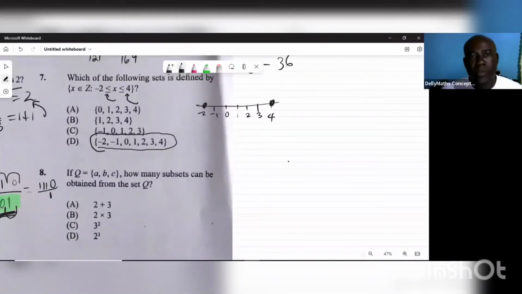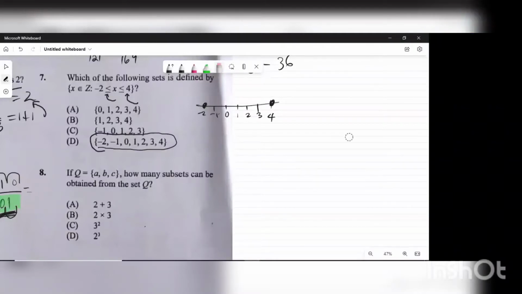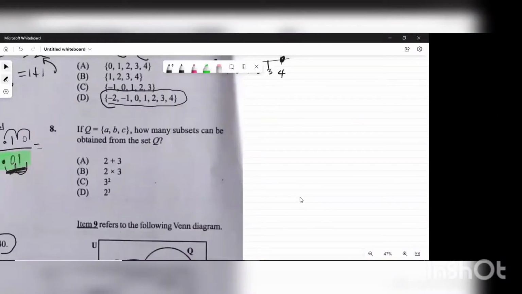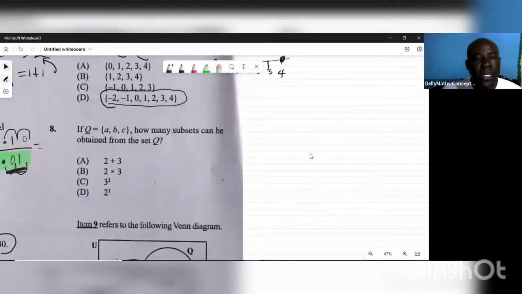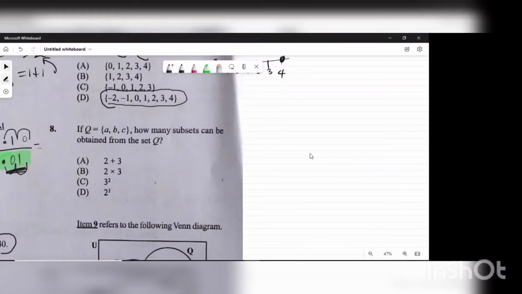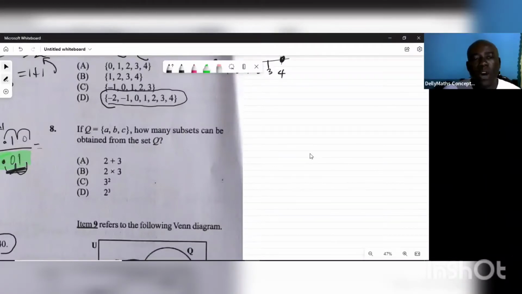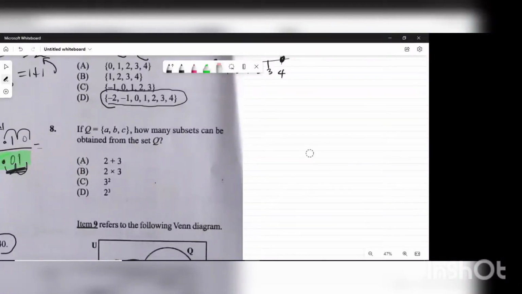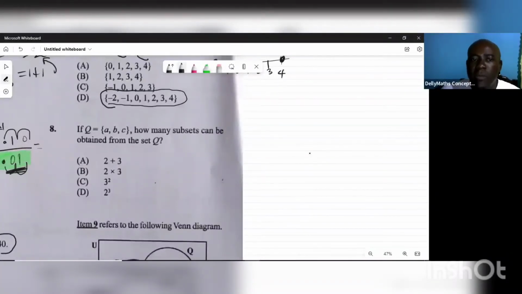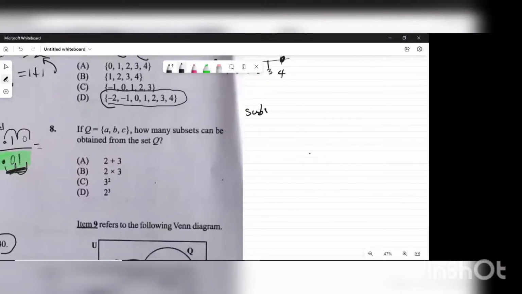All right. Now, moving forward, number 8. Number 8 says if Q is equal to ABC, how many subsets can be obtained from the set Q? Now, when they talk about sets, the subsets of a set, you're talking about a subset meaning